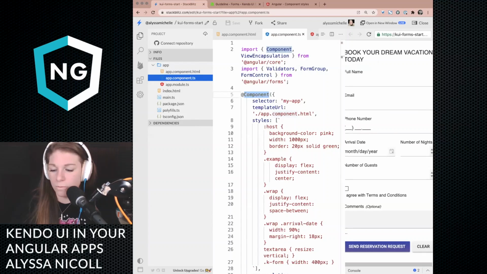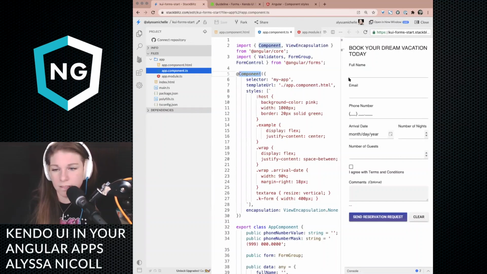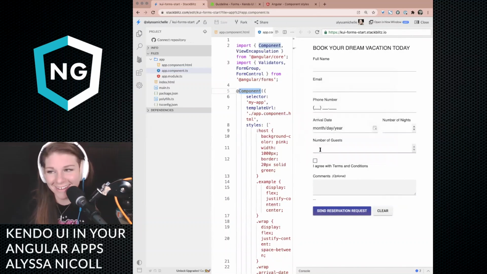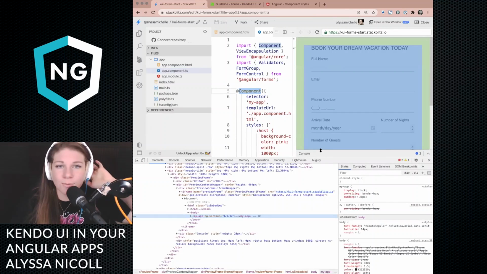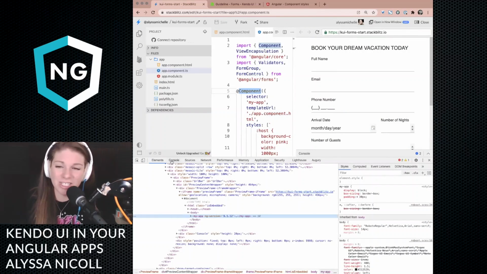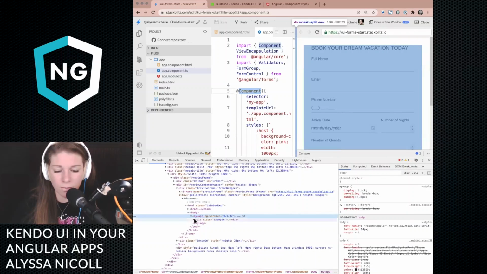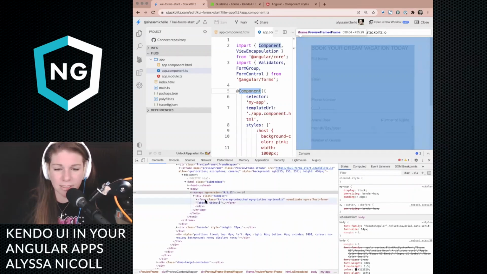I'm curious if I'll open their console. Yeah, that's what I thought. We're going to do the thing that I always tell myself: Alyssa, stop opening the dev tools whenever you're in StackBlitz, because so much is already on the screen. But I do it every time, so I break my own rules. Okay, so if we go and look, there's a bunch of StackBlitz stuff happening here as well. So whenever I inspect our app, it'll be a little bit cleaner.